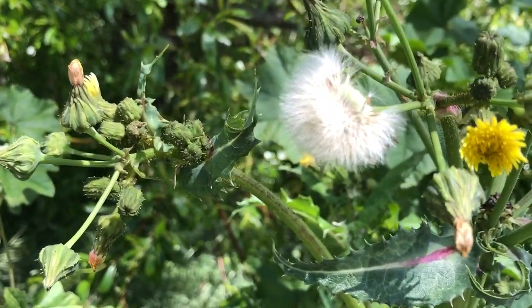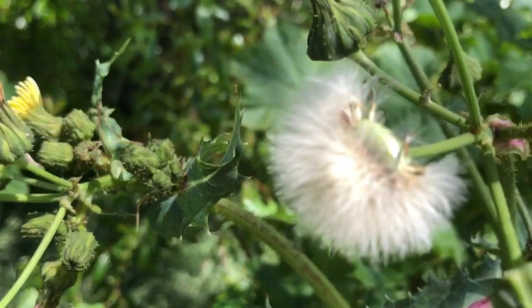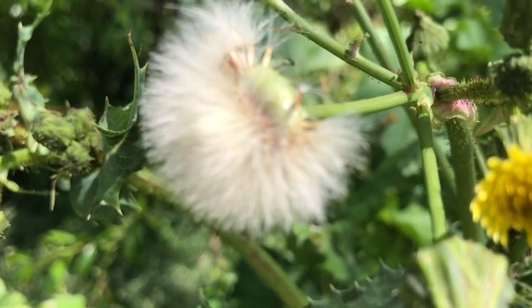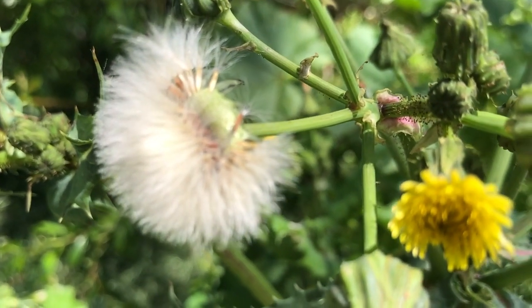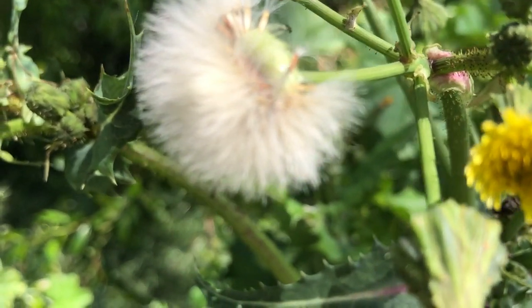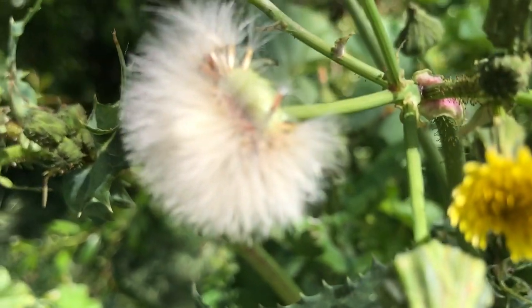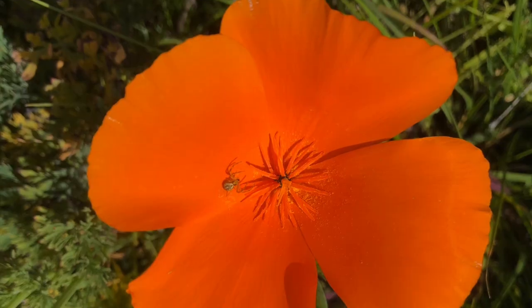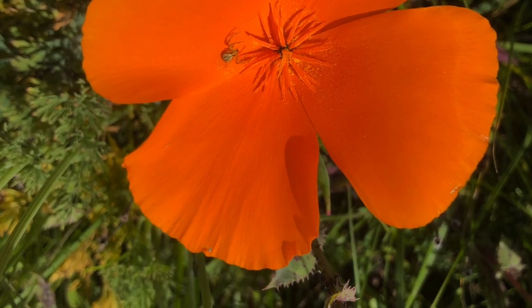its seeds. And if we look even more closely, at the bottom of each little white tuft is a little yellowish color seed. So nature is amazing. Spring is upon us. And I hope you enjoyed our story and learning about springtime, flowers,